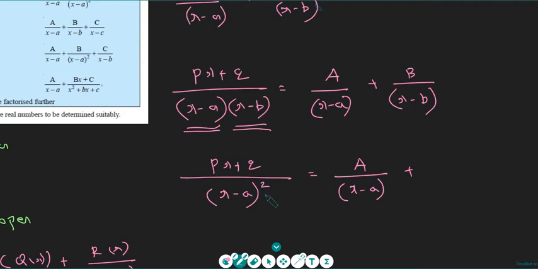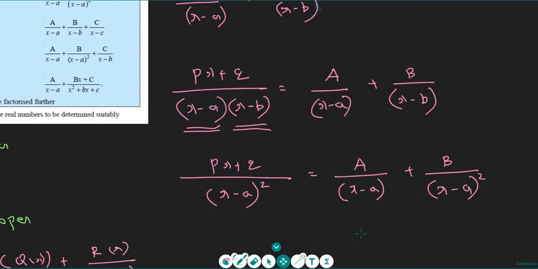Then actually you have to start off with increasing order. Suppose here it is only 2, the degree is 2 only. So then you have to write down x minus a square. You have to start off with the lowest degree, so if it is 2, then I write down a divided by x minus a, then increasing, b divided by x minus a all square.